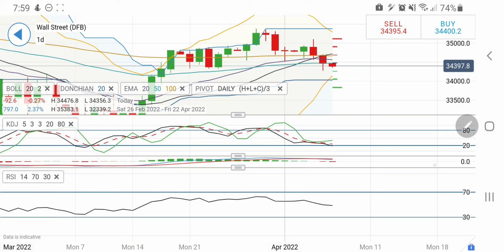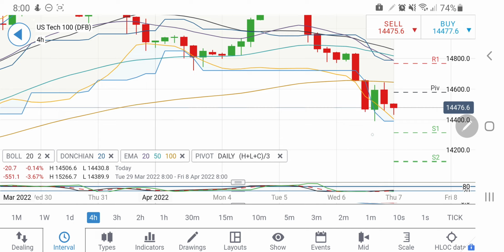Now let's have a look at Nasdaq 100. Look at the 4-hour chart for Nasdaq 100. You can see previously lower highs, and this candle is trying to break out below this zone, indicating a probable bearishness there. So the support level at 14,400 is existent on the 4-hour charts. Breaking 14,400, we can expect 14,340, and below that it may try to break strongly.